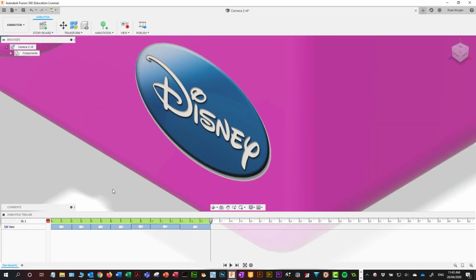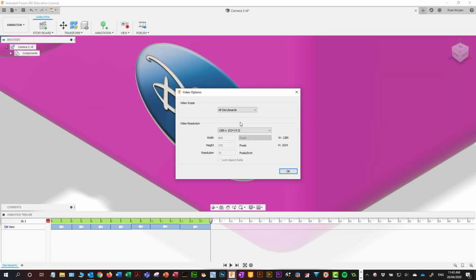So I've redone it. Okay, I'm going to come up to where it says publish and hit the publish button. Now you could have multiple storyboards. We've only got one here, and that's probably enough. You've got to work out what kind of size you want the video to be. So you've got different ones you can choose here, and